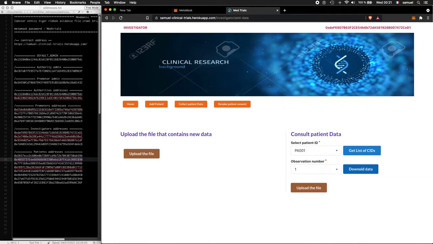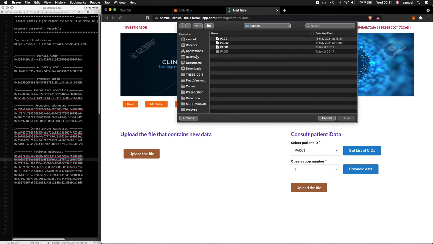Now we have retrieved the file from IPFS. We can open it. So go to download, because we saved it in the download folder, and we named it trial 1.